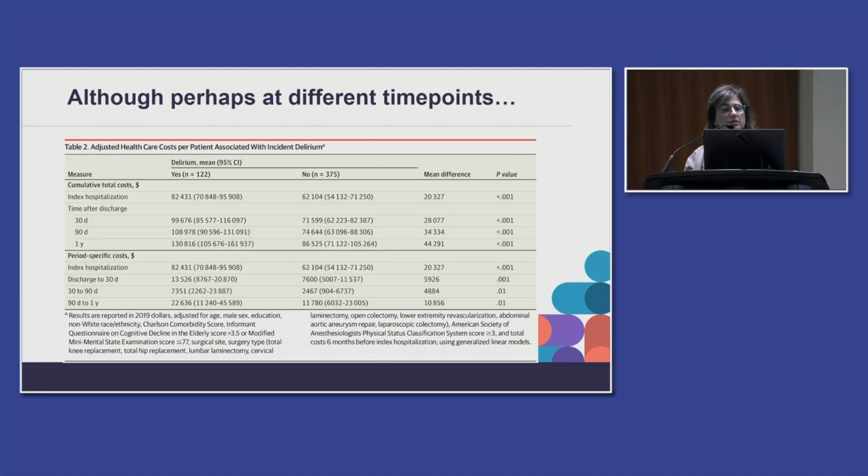I'll show you a little slide about this. We're starting to understand that frailty and delirium may cause elevated costs at different time points. So you can see that 30-day costs are pretty different with people who have delirium and don't. However,